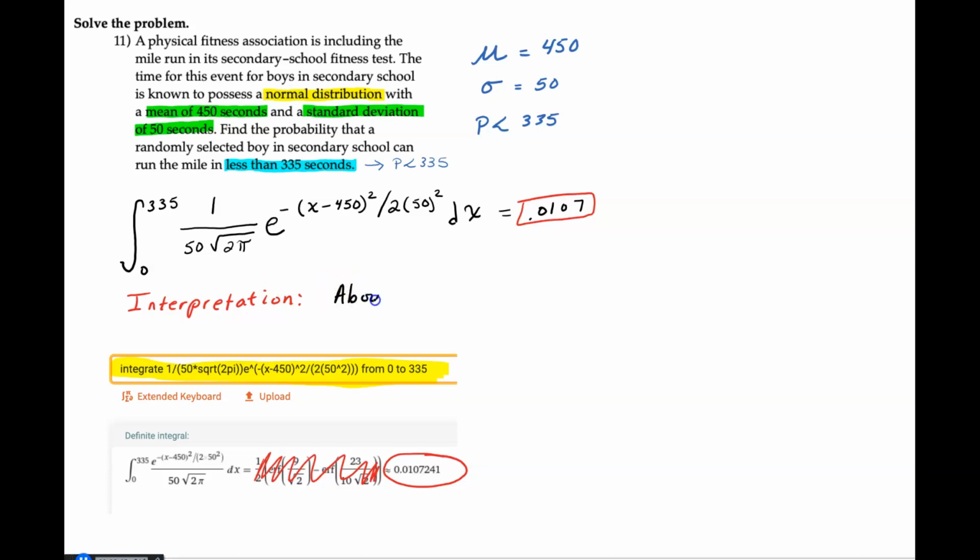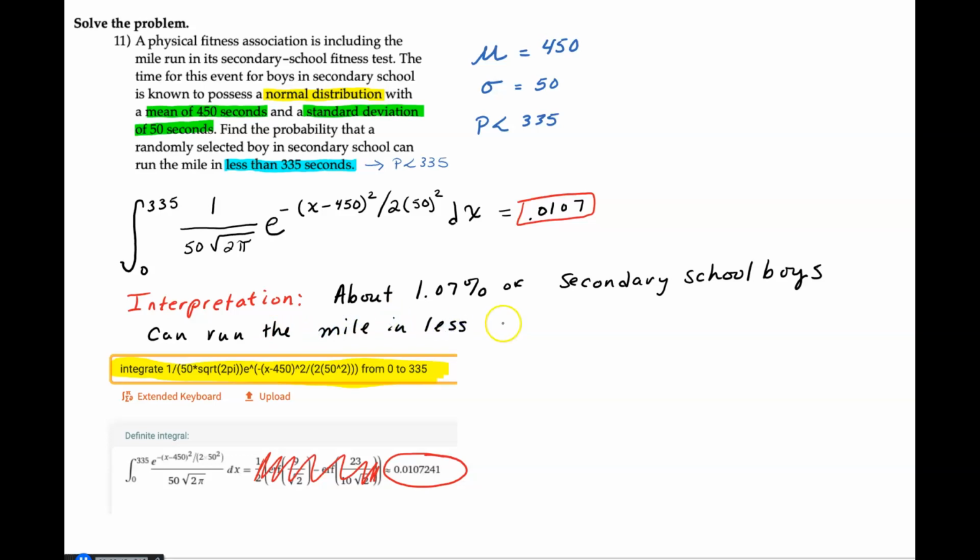It says about 1.07%, because this is the proportion of the population there. About 1.07% of secondary school boys can run the mile in less than, what was our investigation? In less than